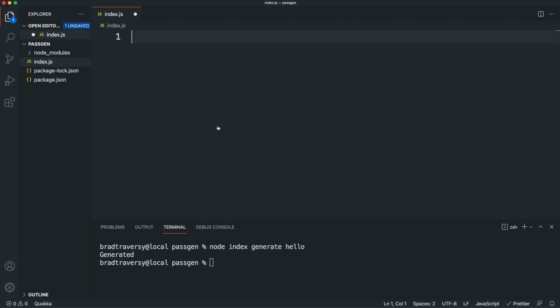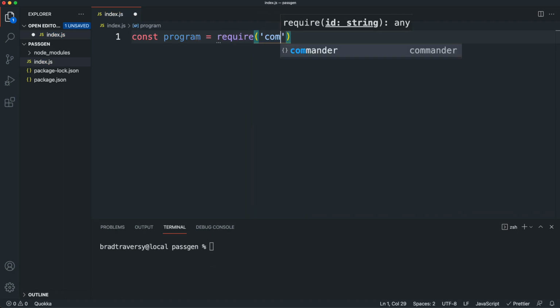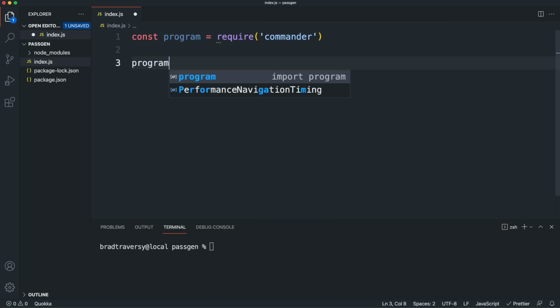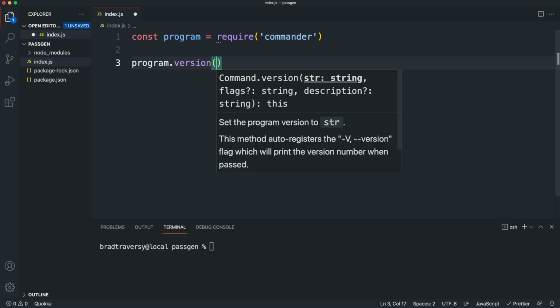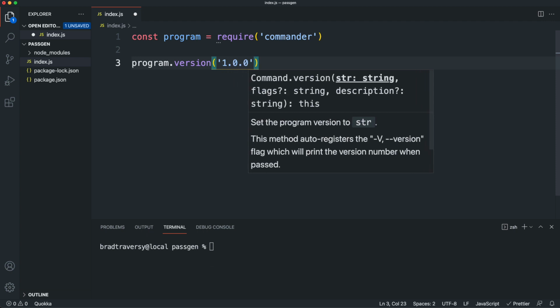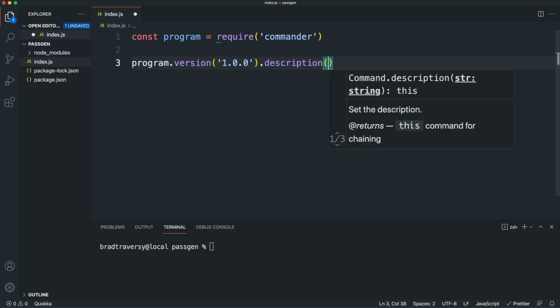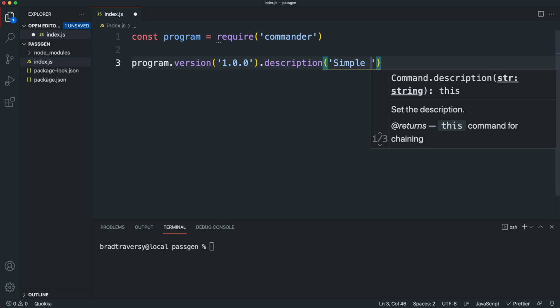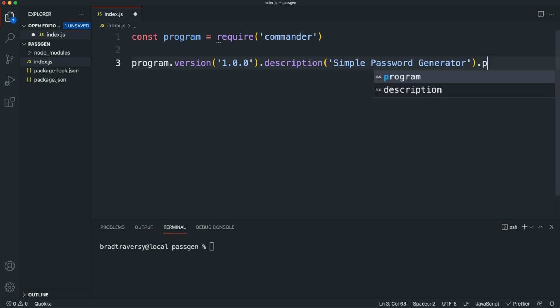So let's go ahead and clear this up and let's bring in commander. So we're going to create a variable called program and set this to require commander. And then we can take that program object, and there's different methods we can call. So the first one I'm going to do is version, and we can add a version number for our application. I'm just going to do 1.0.0. We can add a description. So for description, I'm going to say simple password generator,